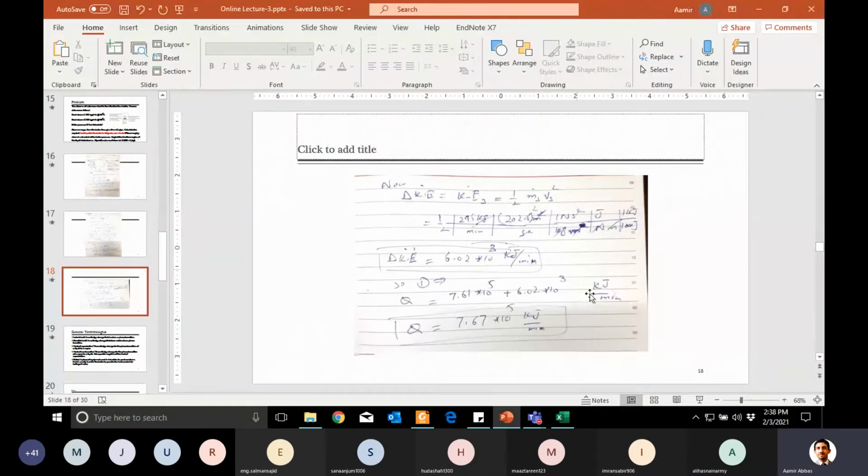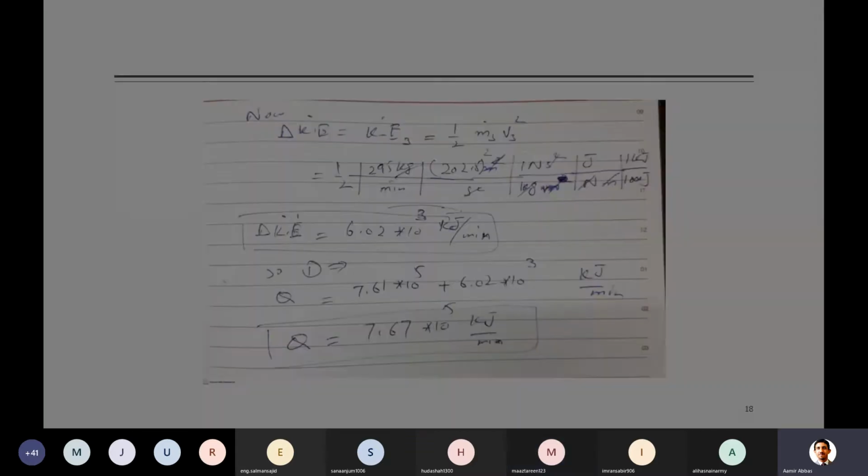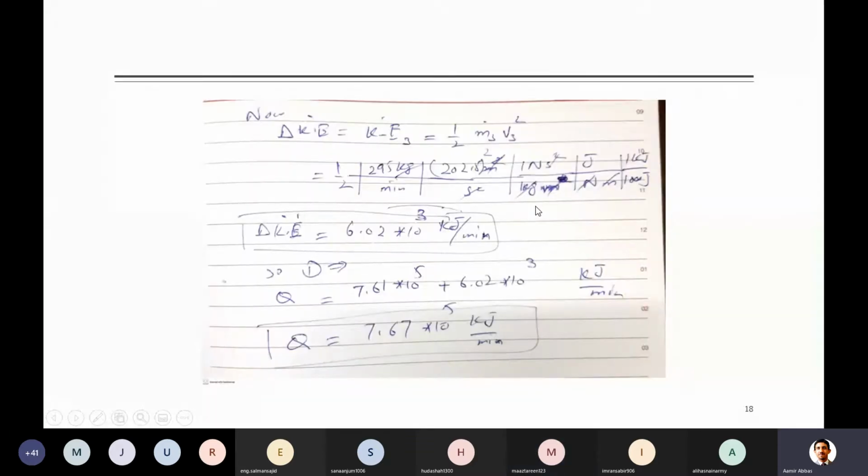Guys, clear to you, please? Those two students who were concerned about velocity, kindly, are you clear now about kinetic energy, or is there still any confusion? I will try to explain it another way maybe.